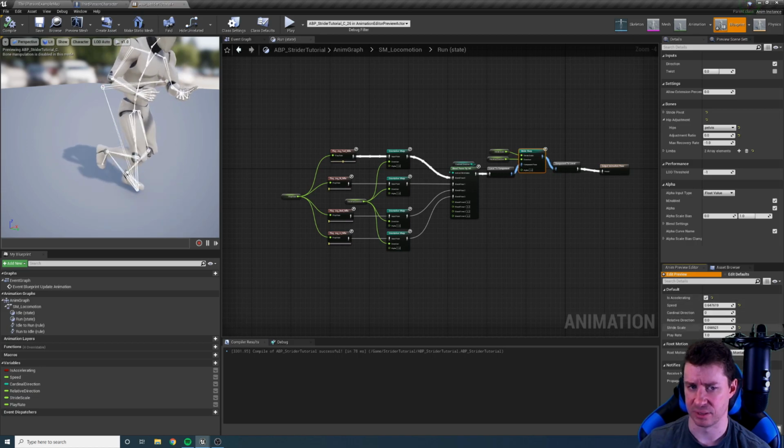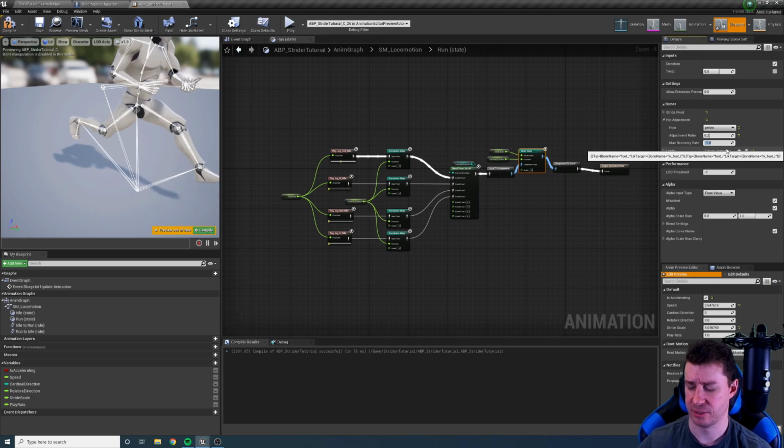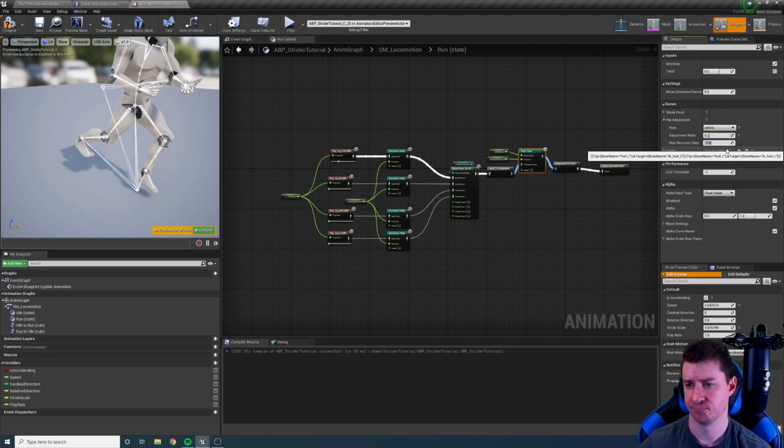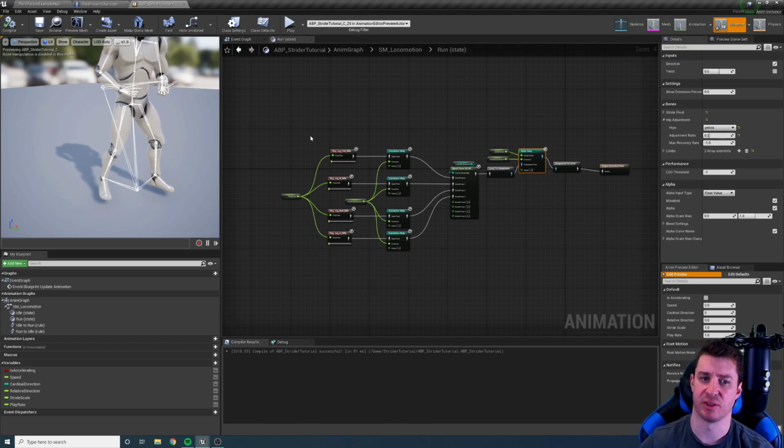So it's accelerating, stride warping. Maybe a little bit, 0.2. We'll set a recovery rate. No, we won't set a recovery rate. That's basically if the hips get pulled down by the stride warping node, that's how fast it's going to recover. It's to stop that jankiness. So for example, if I set this to 1,